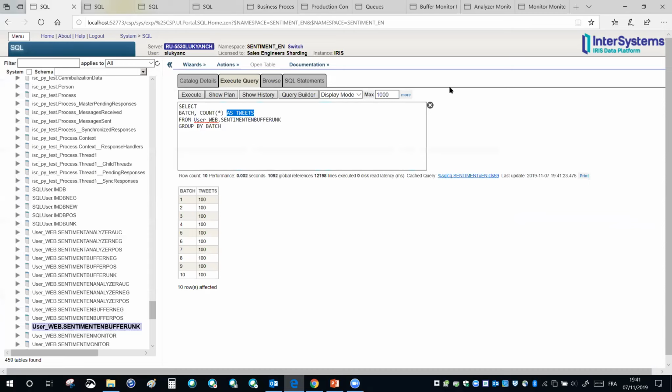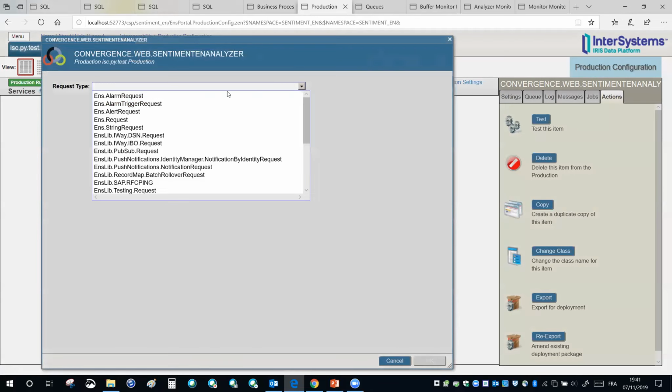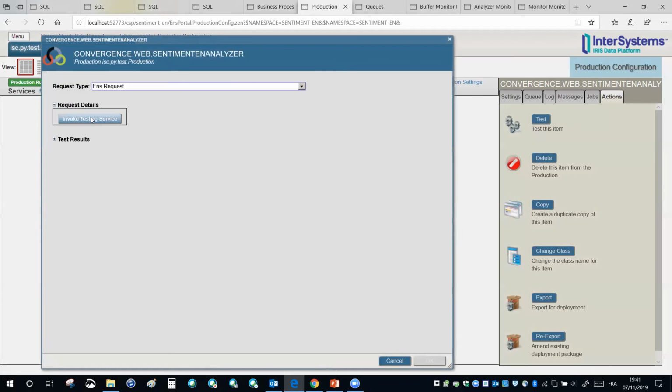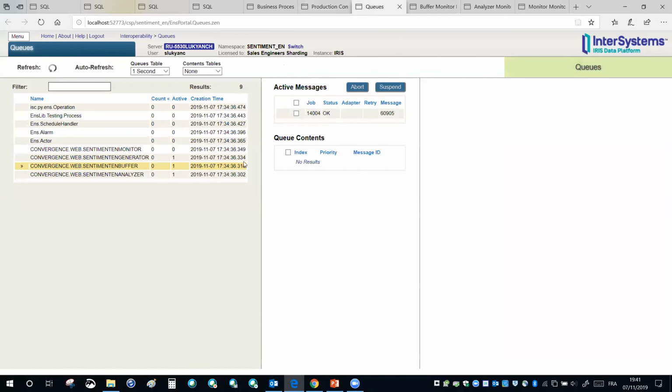So now I can proceed with starting the first model training. I'm selecting the analyzer process, clicking on test as with the previous two, invoking the testing service, and leaving it working. Now I'll have a quick check that my 3 processes have started. You've seen that in front of the analyzer process, there was a 1 shown, and then it was replaced by 0.